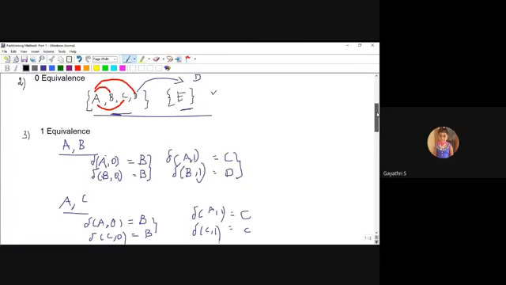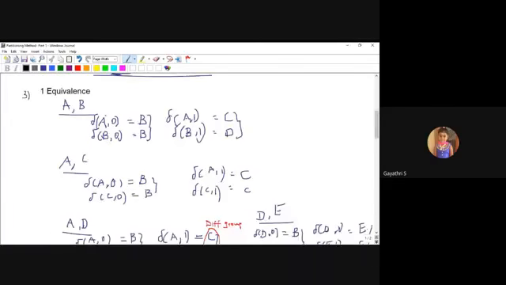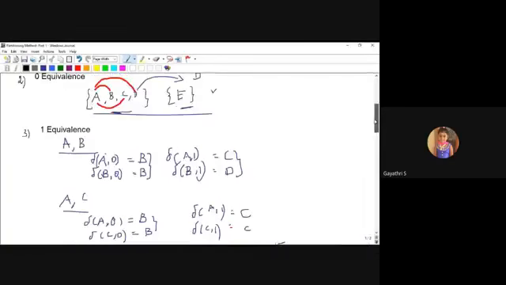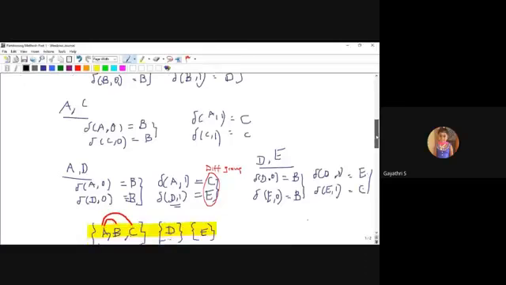Next, A and C. In the comparison, B, B and C, C are also in the same group. Next, AD. Comparing the AD pair, A on 0 and D on 0 both go to B. And delta of A on 1 goes to C, which is in the first group, and D on 1 goes to E, which belongs to the second group. So this pair belongs to different groups. Since D on receiving 1 moves to a different group E, D is separated from this group.